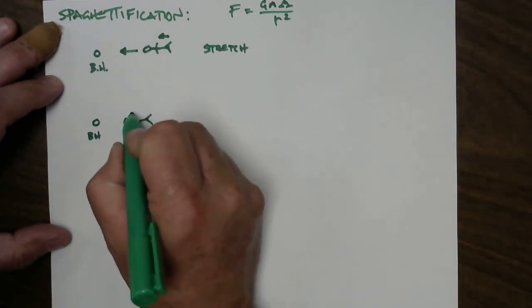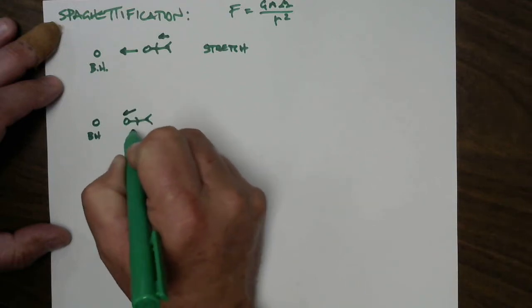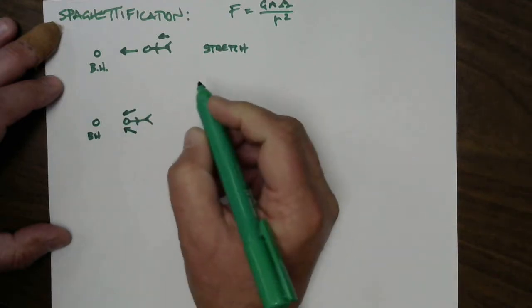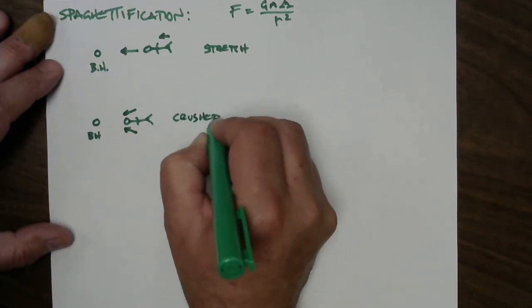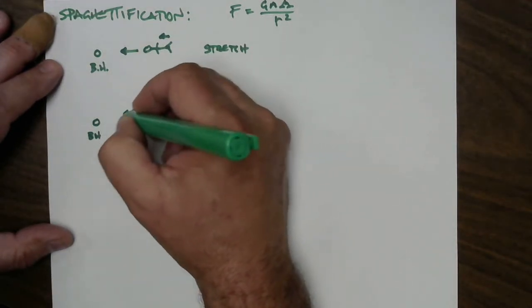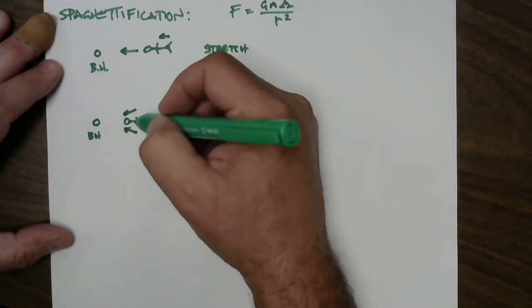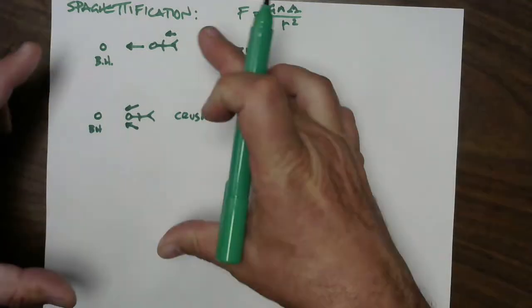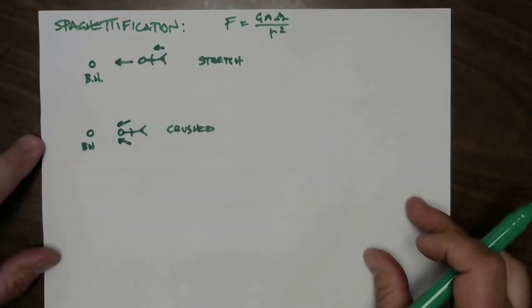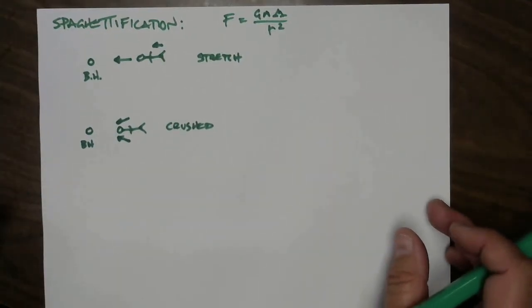But there's an even bigger problem, and that is that as you approach the black hole, the right side of your body is pulled a little to the left, and the left side of your body is pulled a little to the right, so you are crushed with a small amount, well, as it becomes larger as you get closer, a large amount of force that is pushing you. So you get turned into spaghetti. You get stretched the long way and crushed the sideways way, and you can't go through a black hole without being